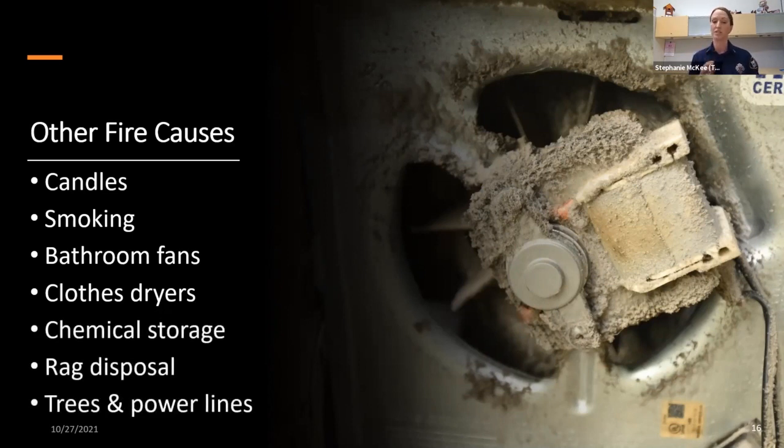So chemical storage, just be mindful. If you get some sort of chemicals at the hardware store, read the back of it. It'll tell you how to store it properly. It'll tell you how to dispose of things properly. And that's even just for your own health safety too, that you're not exposing yourself. Maybe you're not supposed to have that chemical touch your skin directly. It's always a good idea to read your labels. And it will also tell you if there are other chemicals or things that it shouldn't be stored next to